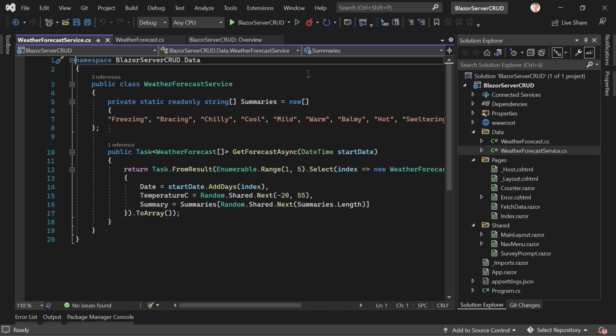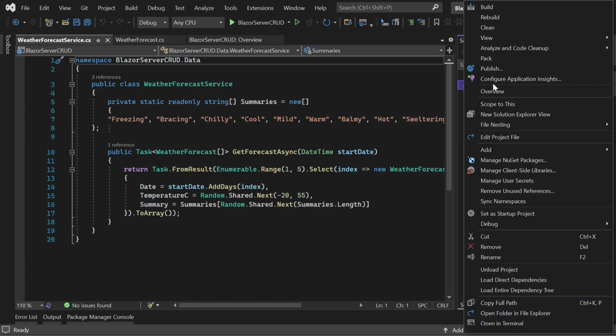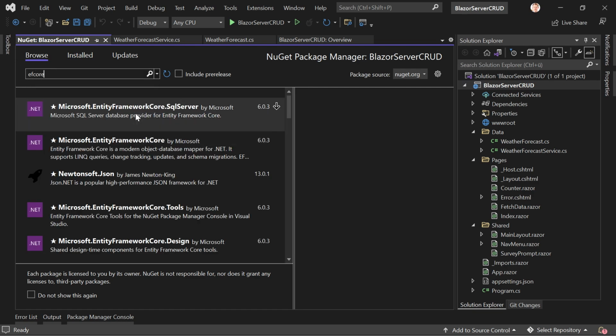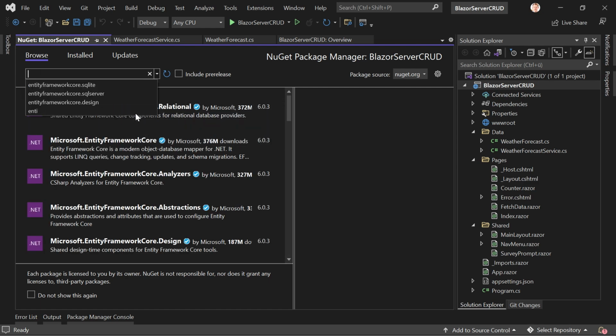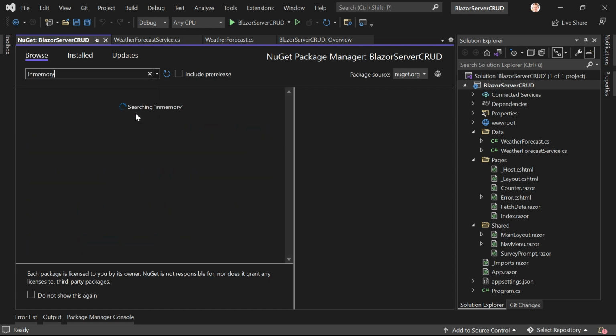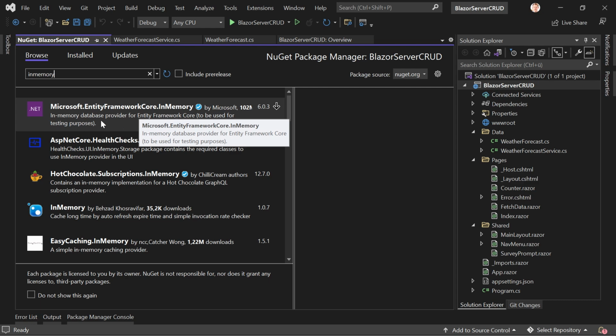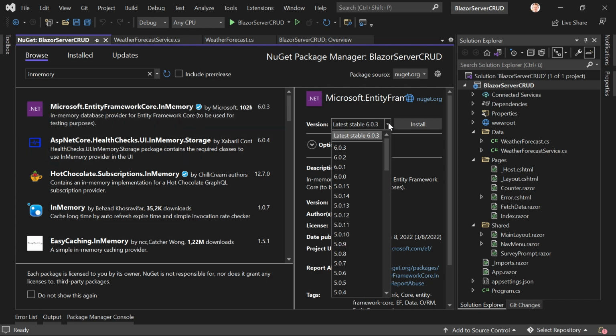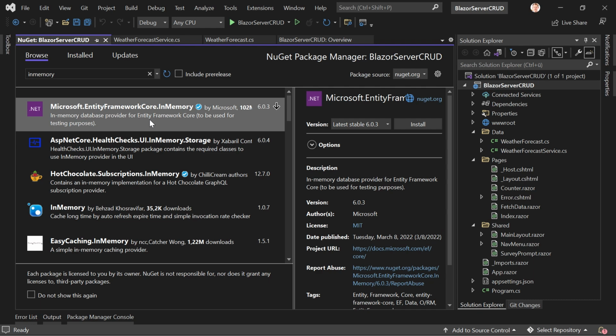Here's the terminal, so close this one, and then we need only one single NuGet package. Make sure to choose the Browse tab, and then search for in memory. This is the one: the in-memory database provider for Entity Framework Core, to be used for testing purposes. Although they say in their docs that you shouldn't use this for unit tests, for things like this tutorial maybe, and if you just want to build a quick app, an MVP,